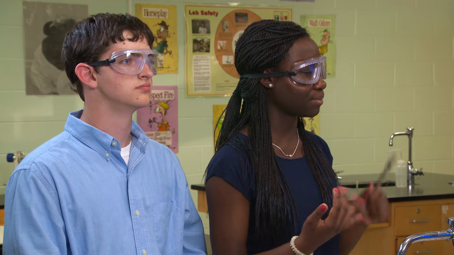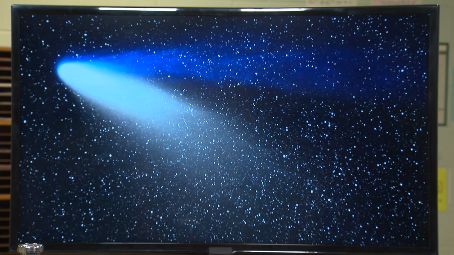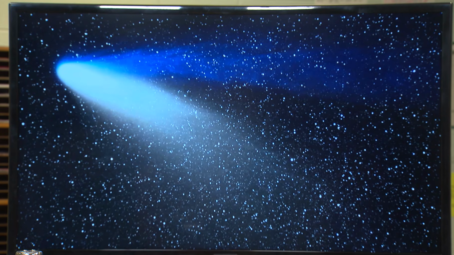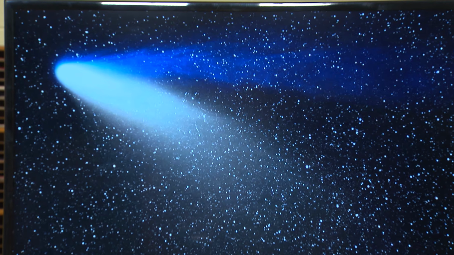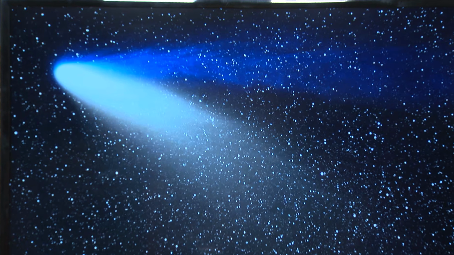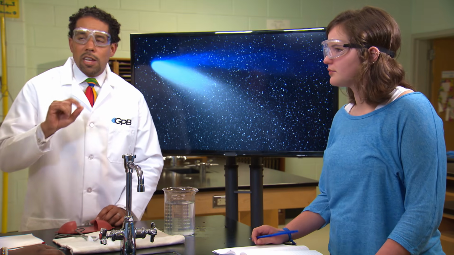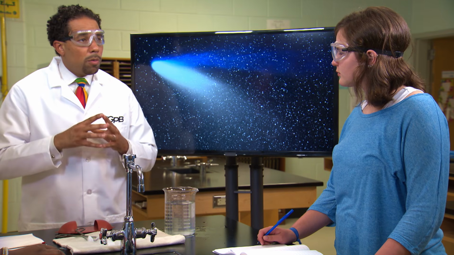That must be why the polar ice caps change shape and size depending on the seasons. You got it. And since comets have a lot of solid carbon dioxide and water in them, what happens as they get close to the sun? Oh, is that where that giant comet tail comes from? I've seen those. Exactly. The comet's tail is partly made up of carbon dioxide gas being released from sublimation of solid carbon dioxide.